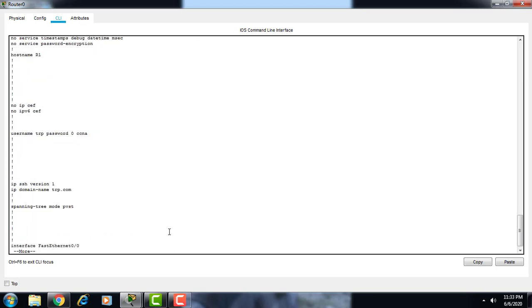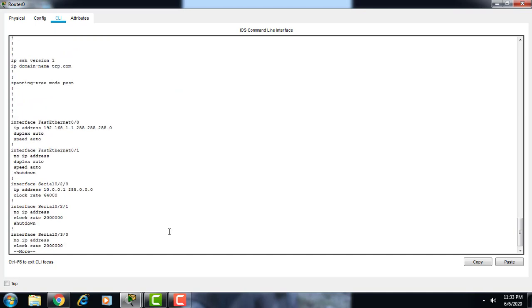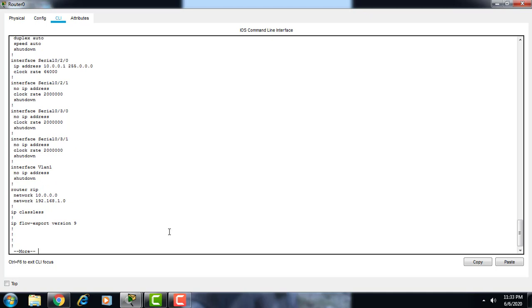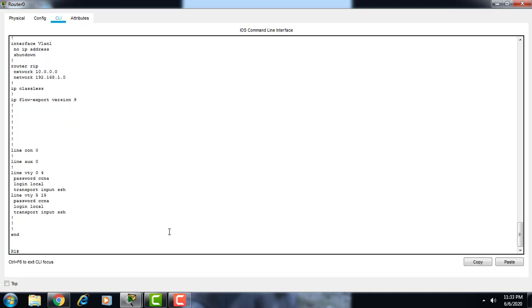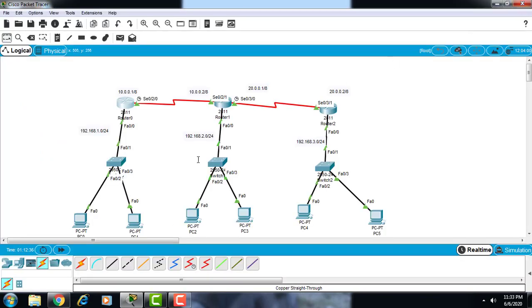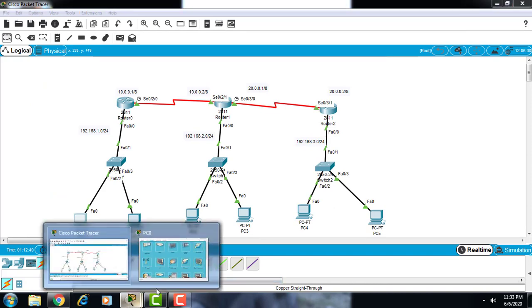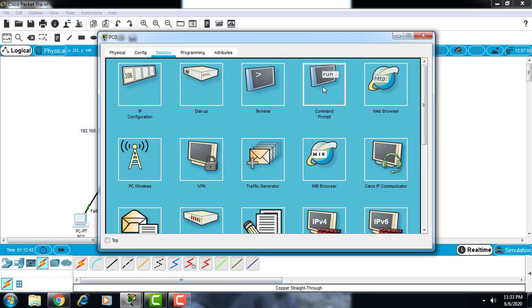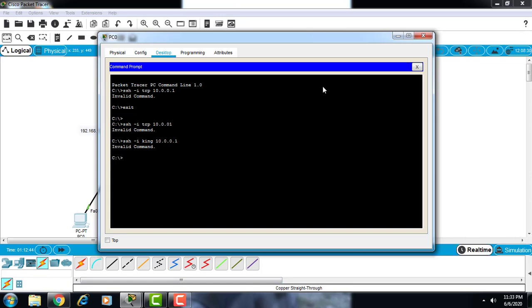Now we can check from our desktop: ssh -l.